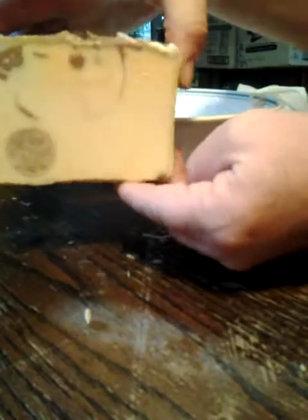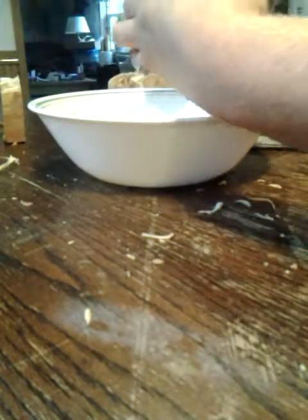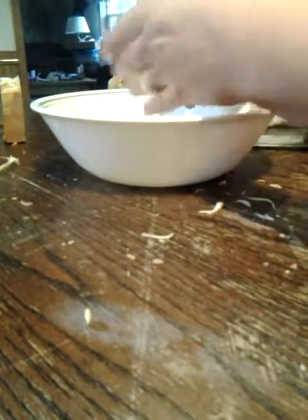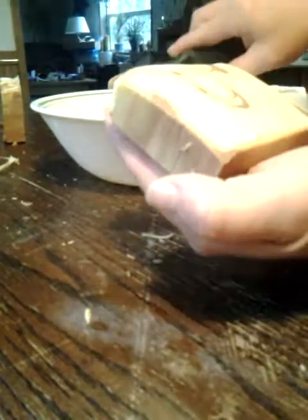This soap, I'm not going to cut this one yet. This one came out really small. So I'll weigh that and see. If my soaps are really thin, I just cut them in half or in threes and use them as a sample. But if the soaps aren't real thin, but definitely too small,